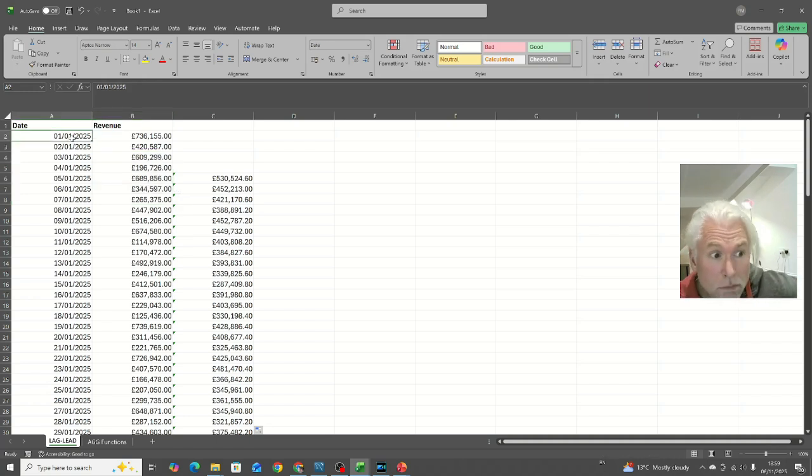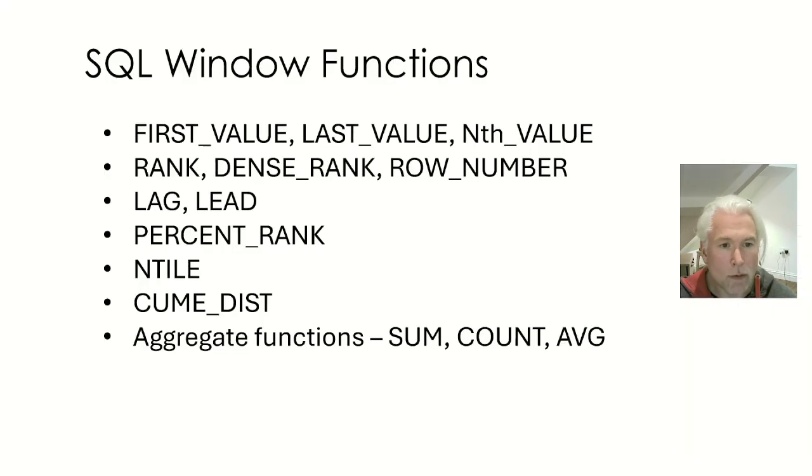As opposed to, for example, if you used group by, you could summarize by week, by month, and so on, but it would just give you one summary figure, total revenue for the week, or average revenue for the week, or for the month, and so on. So I hope the difference is reasonably clear there. But to give another example,